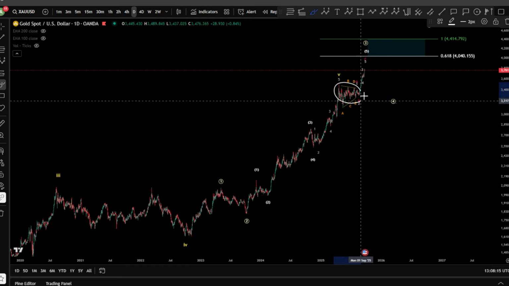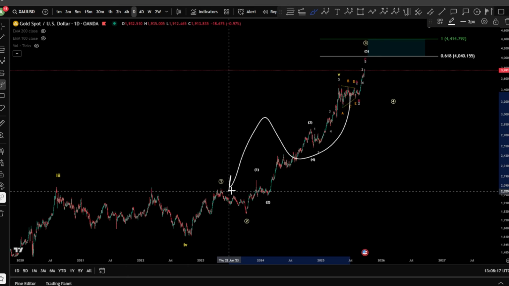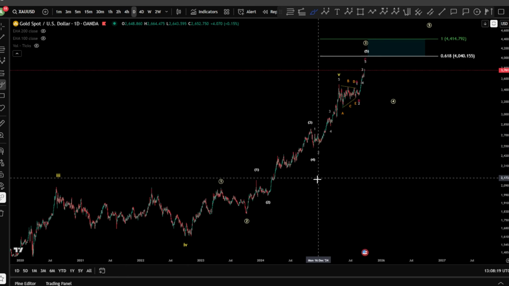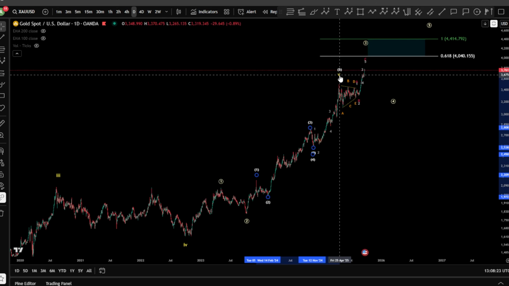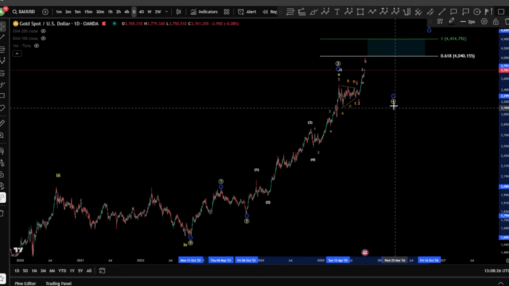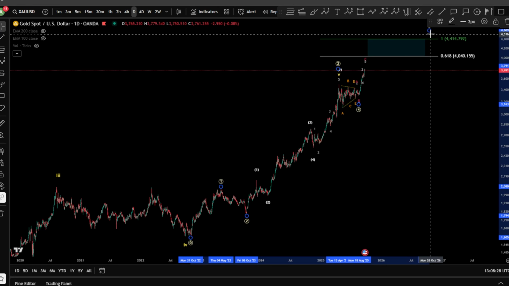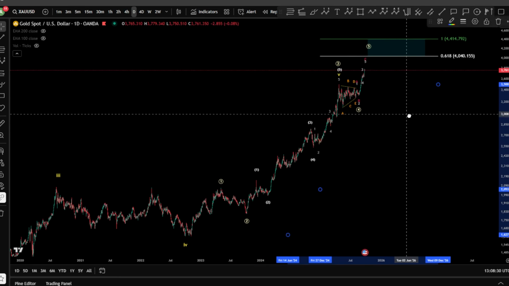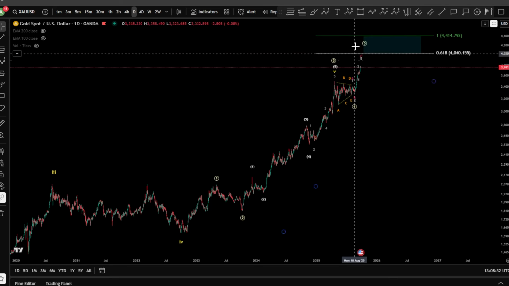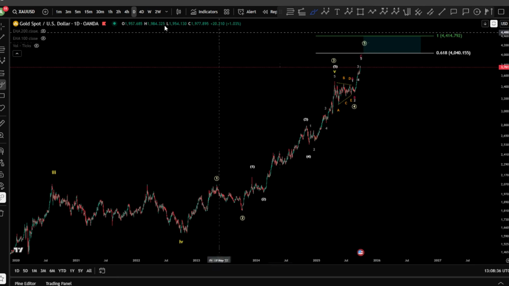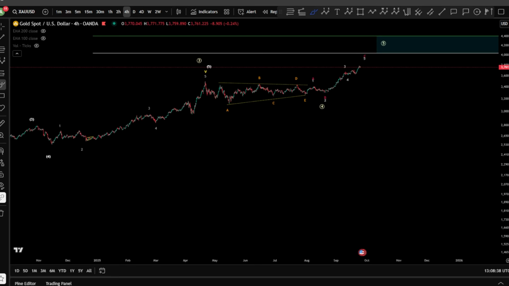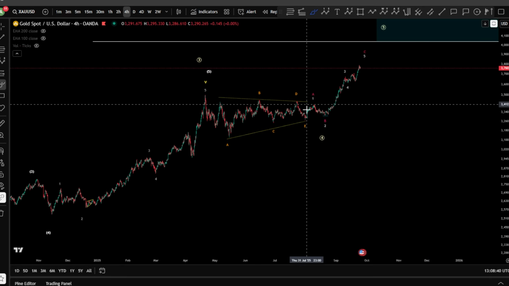This triangle here does not really correlate exactly with this price action here. You can, if you want, take it as a wave 5 here, finished wave 3, finished wave 4, and that means your wave 5 is still unfolding over there. Now if this is the case and this is a wave 5, you have a 1, 2, 3, 4, and a 5, and probably we might be very close to finishing up.